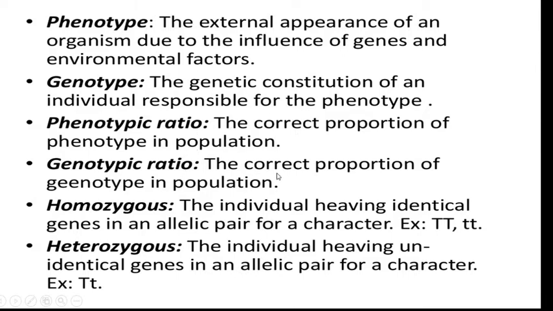And genotypic ratio: genotype we already know is not observable, you cannot observe that, but we will be able to get the phenotype because of this genotype. That ratio of the genotype in the population is what we call the genotypic ratio. Ultimately, this genotype is responsible for the phenotype. Genotypic ratio is influencing this phenotypic ratio. We will see the rules here anyway. So this is called genotypic ratio. Any doubt here?